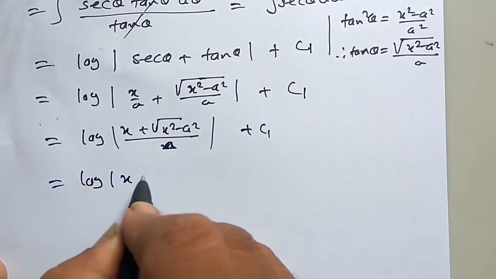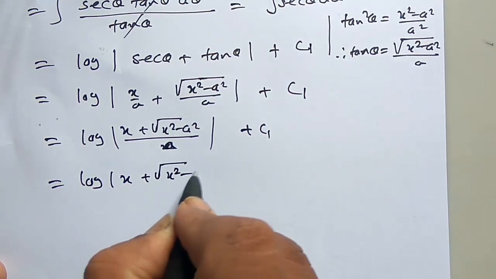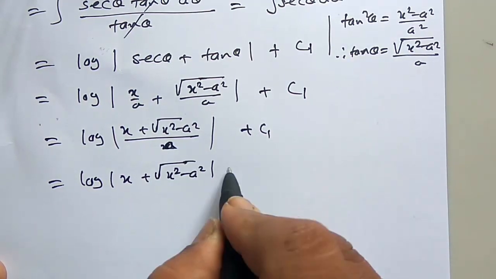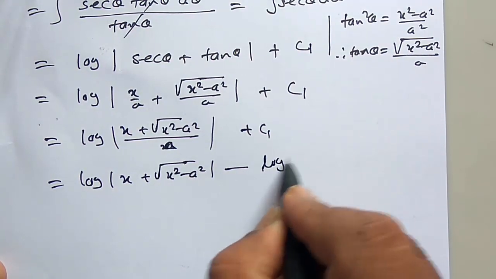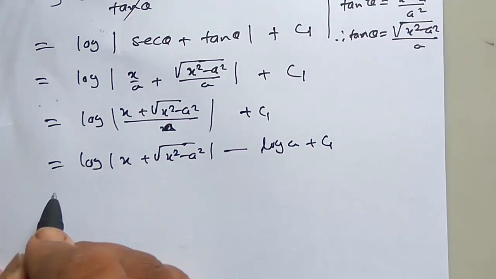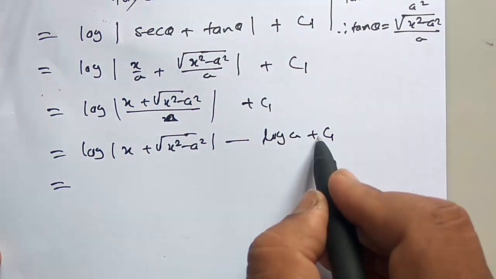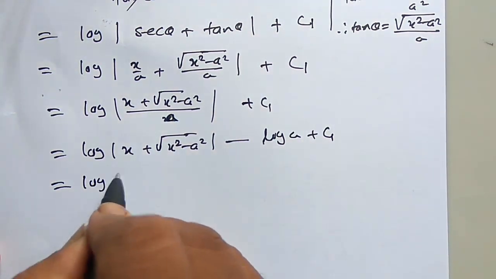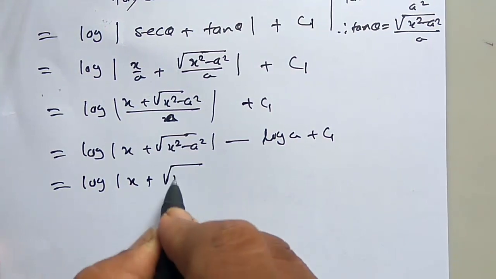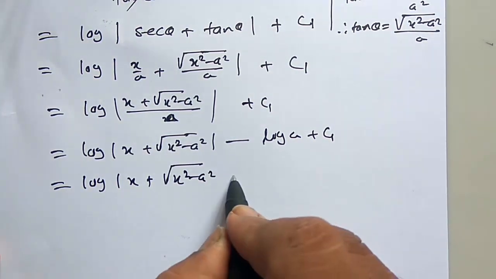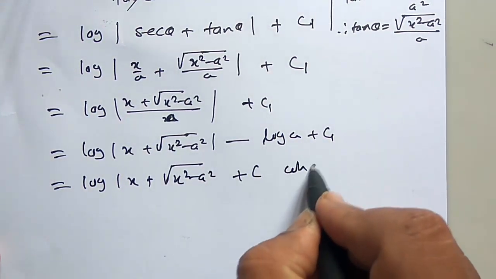So, it is log of x plus under root of x square minus a square minus log a plus C1. C1 is constant, a is constant, so minus log a is constant. So, it is log of x plus under root of x square minus a square plus c,